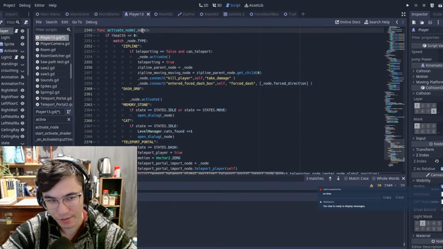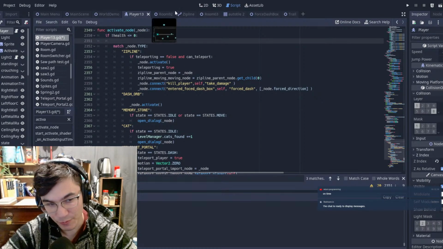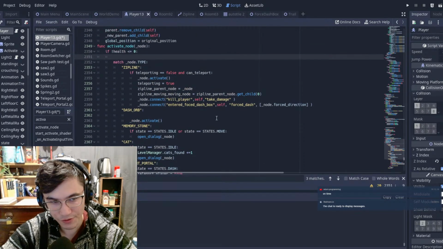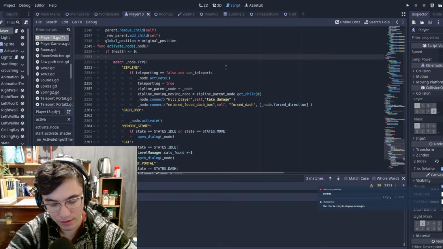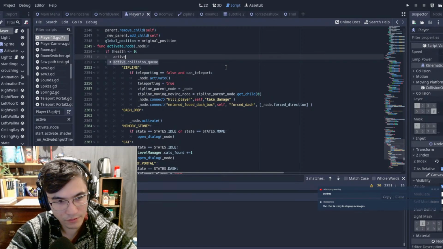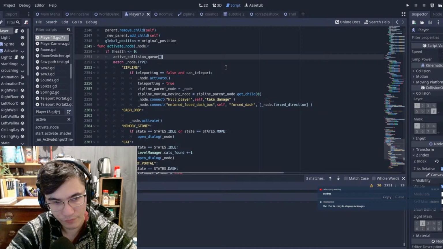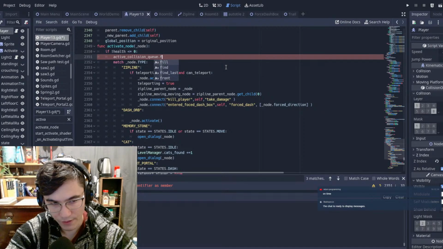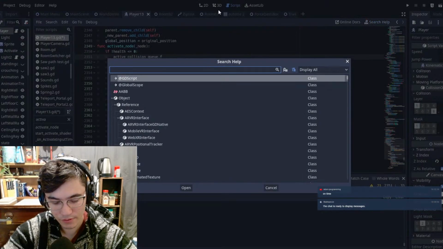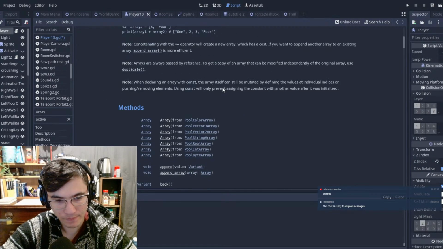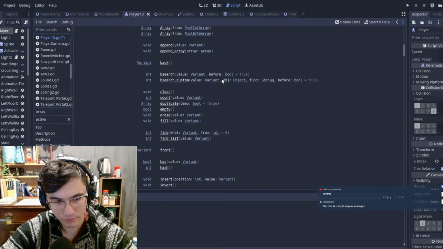So yeah, no matter what, we're gonna be running activate node on some node. It doesn't matter which one. So at the end of this match statement, or we'll do it at the beginning, we'll just say active collision queue dot find. Let's see. You do dot has or